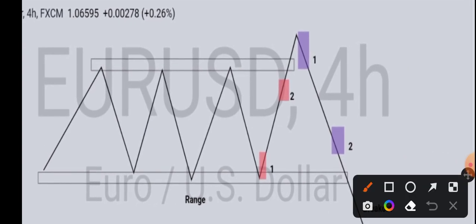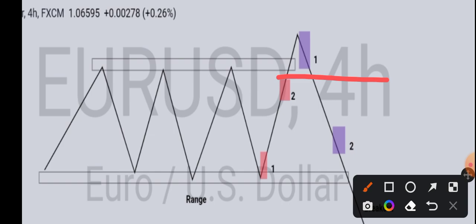The logic here is, when price broke this high above, it means the strong zone now holding price is here. If price was able to break this zone,